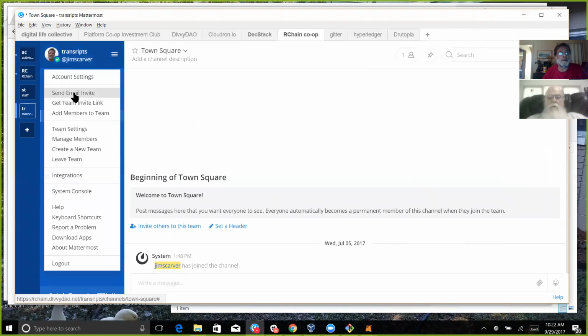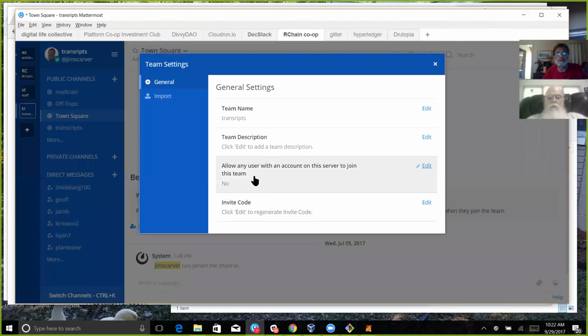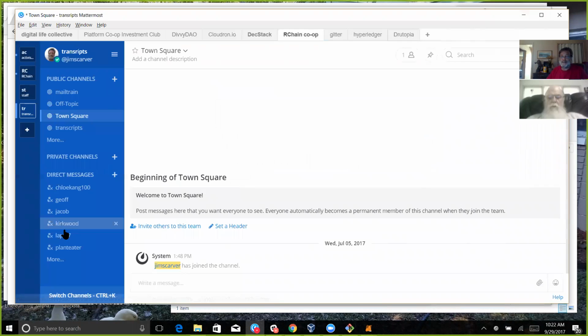Well, if we look at the team settings, it says allow any user with an account in the server to join. It says no. Okay, gotcha. So we make them available to join if we set this to yes. That's why I'm the only member, and I created a number of these teams